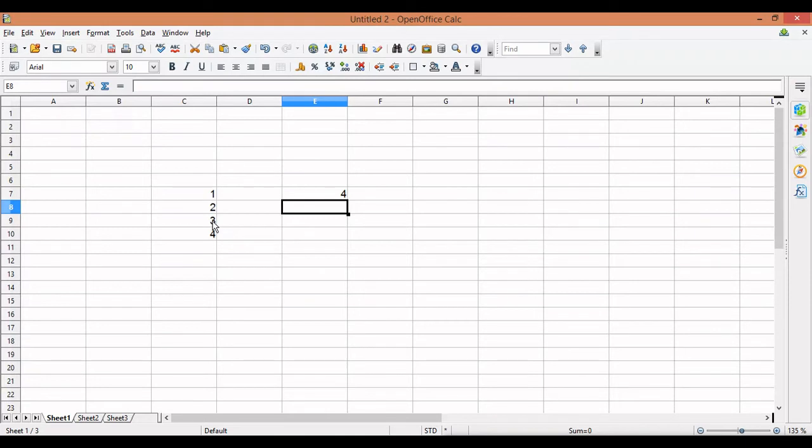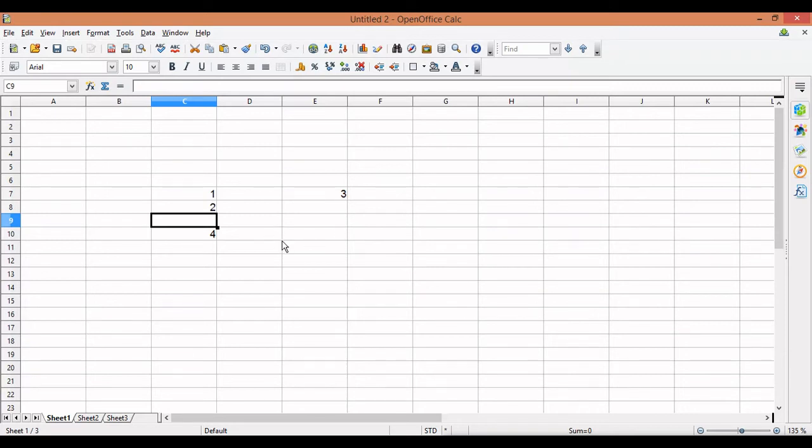Okay, but in case I am writing a text, then can you see this? It is giving us the answer as 3, because it will only count the numbers, not the text. If in case I am writing false, then can you see this? It is giving us 4. Why? Because false is treated as 0. Instead of false you can take true also. That will also be taken as a number and it will give you the answer as 4. But if it is an empty cell, you are getting only 3 because in this cell range there are 3 numbers only.